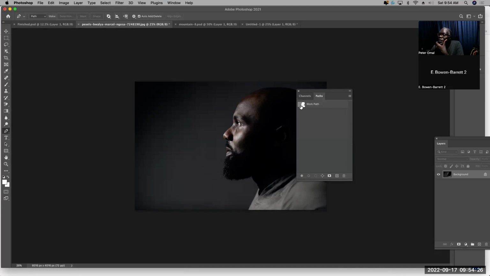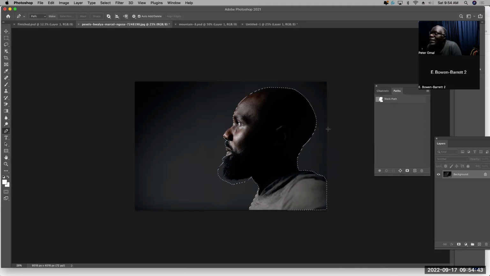You move your mouse on top of the path and then you hold down the control key, or if you're using a Mac, the command key, and you click inside it. It turns that path into selections. So the next step that we do after that, we go to edit